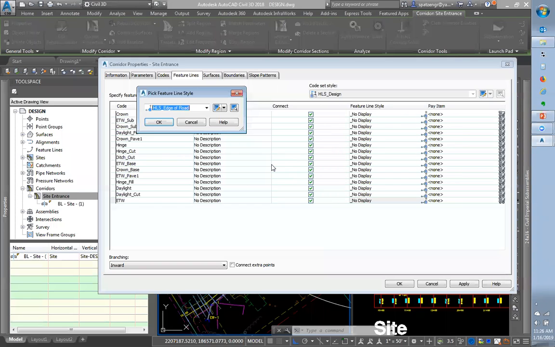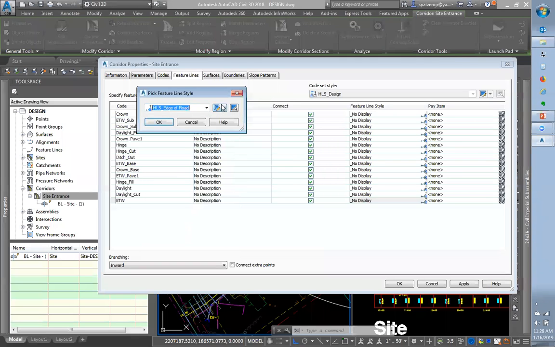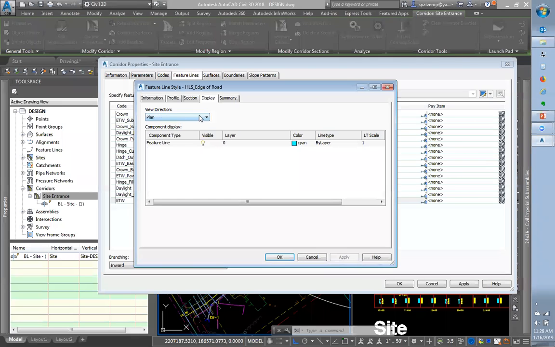No, it doesn't. Most of the time you have it drawn in 2D and then you use the corridor model to grade stuff in 3D. But it is an option. That's why you have these different names here, because if you use this edge of travel way, if I look at that style,